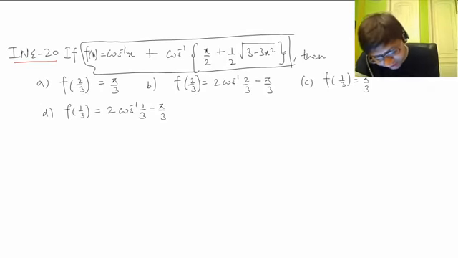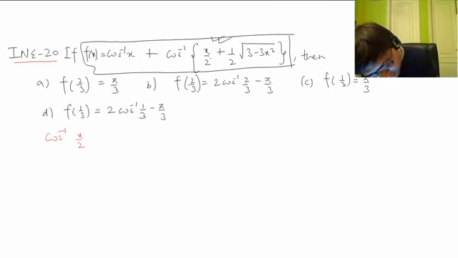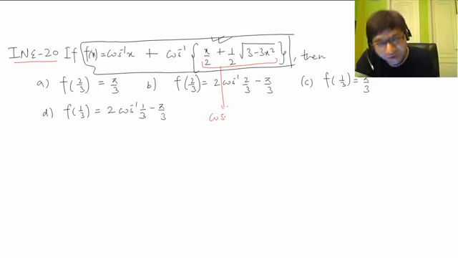So let's see this. This is a new thing. We have not learned anything about this function. If we can just simplify this first: cos inverse x by 2. So we replace x equal to something. To simplify this, we have to replace x with something so that it becomes a cos term, because if it becomes a cos term, we can cancel cos inverse with cos. So replace with something which can generate cos here.